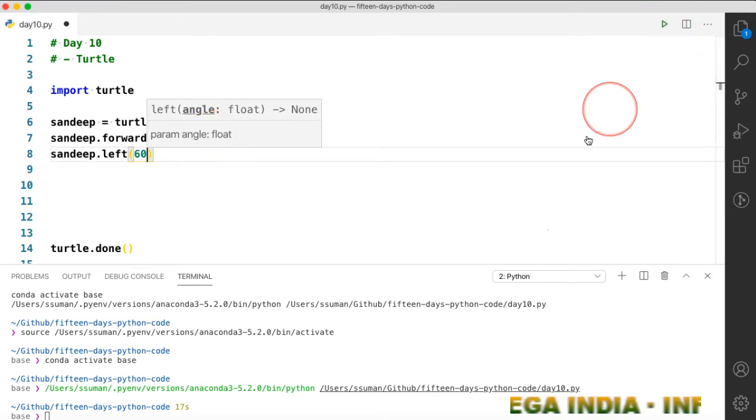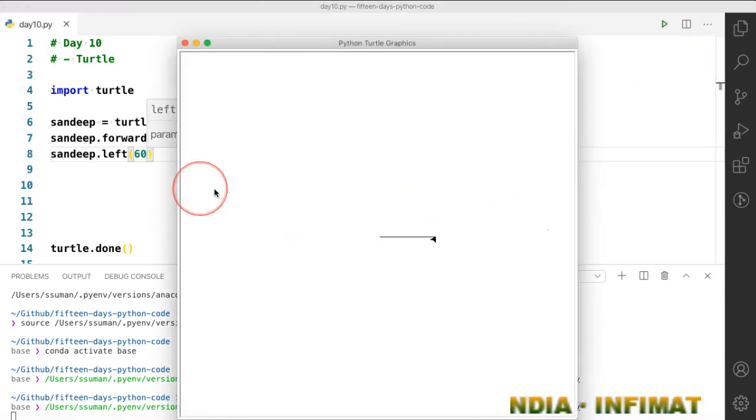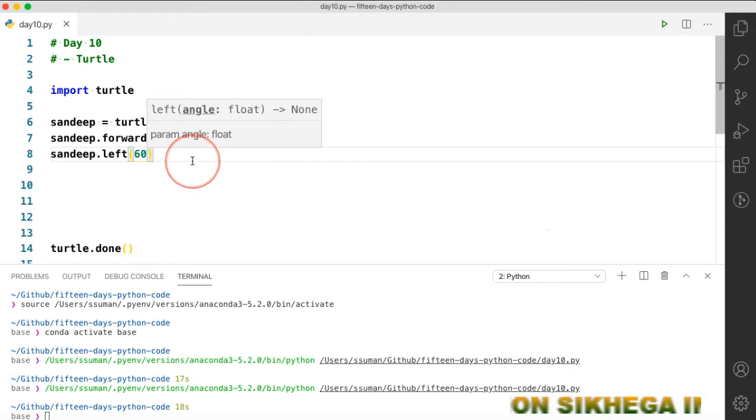You can see that it has moved but it has not gone anywhere, because we haven't told it to move to any point. We just told the turtle to turn 60 degree, so it has rotated 60 degree towards the left.